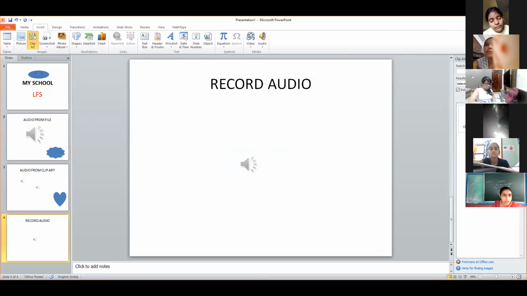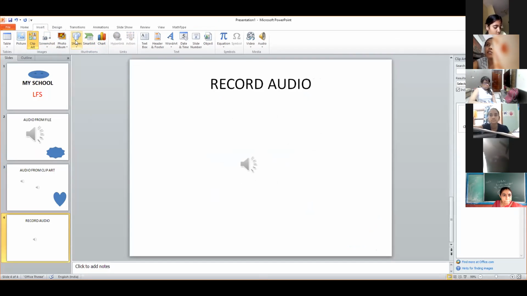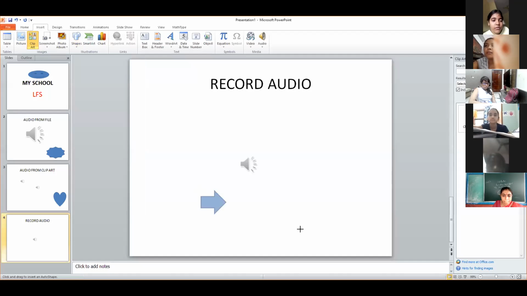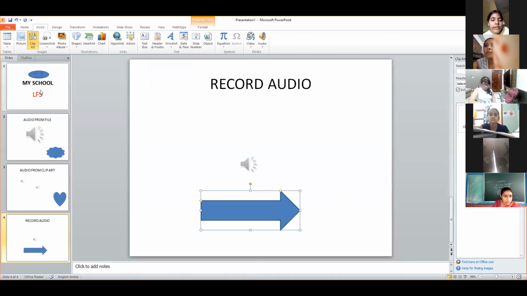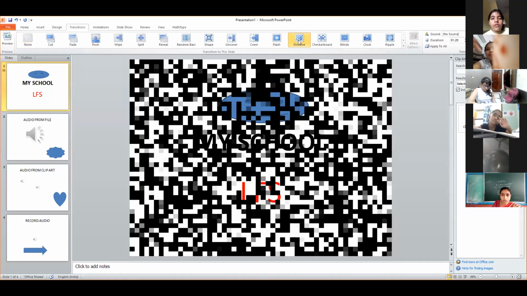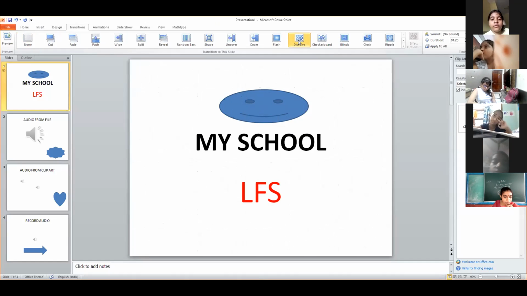I'm inserting some more things. Fine. Now you can identify four different slides. Now I'm adding the transition. Transition is always applied on slides, remember. As I have clicked on dissolve, this way it will appear.